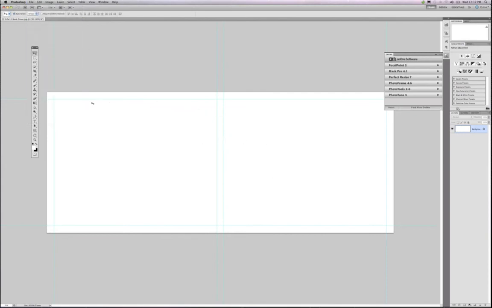But in this case, there's a couple labs that we use. And I download their templates for two reasons. One, you can see they already have preset guides, so that any text or anything that goes over that won't be cut off. You've even got the center point where it's going to be obviously folded, but mainly because they even have it in their color space. So those of you who are into producing these type of album covers from the labs, usually you might want to consult with the lab and find out what color space they're working in. If you can see up here on the top tab, this is set up for an RGB, which came